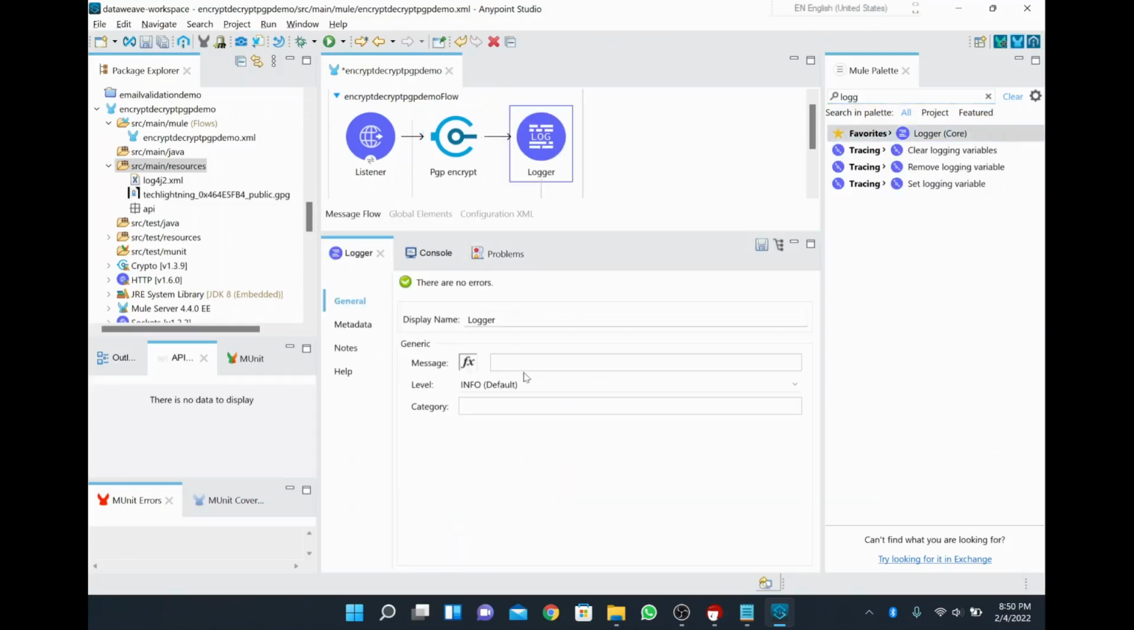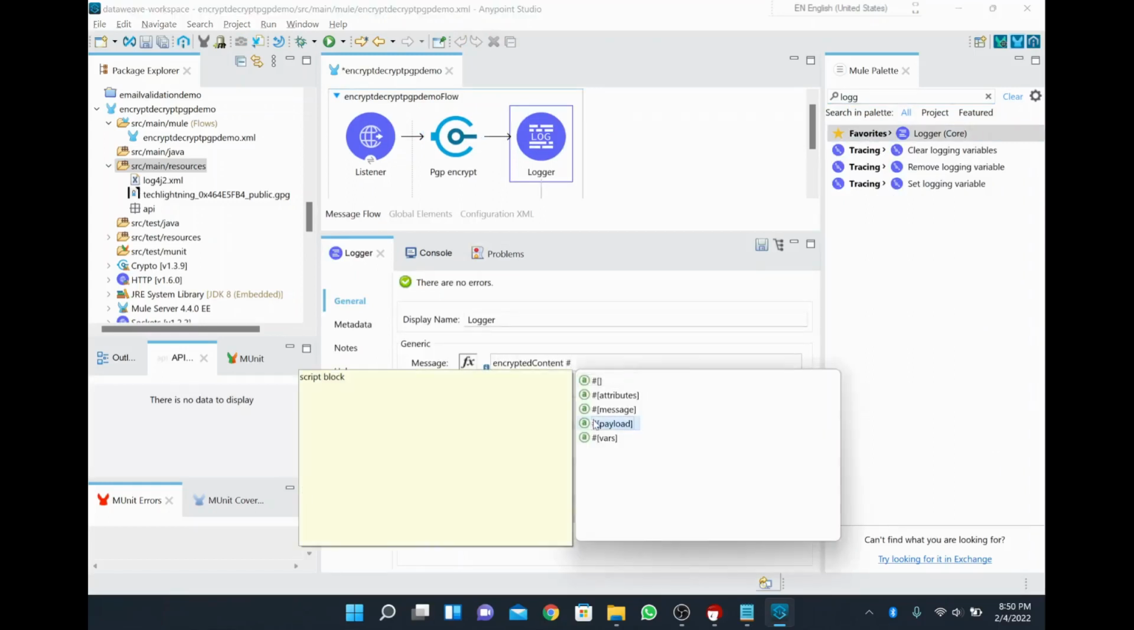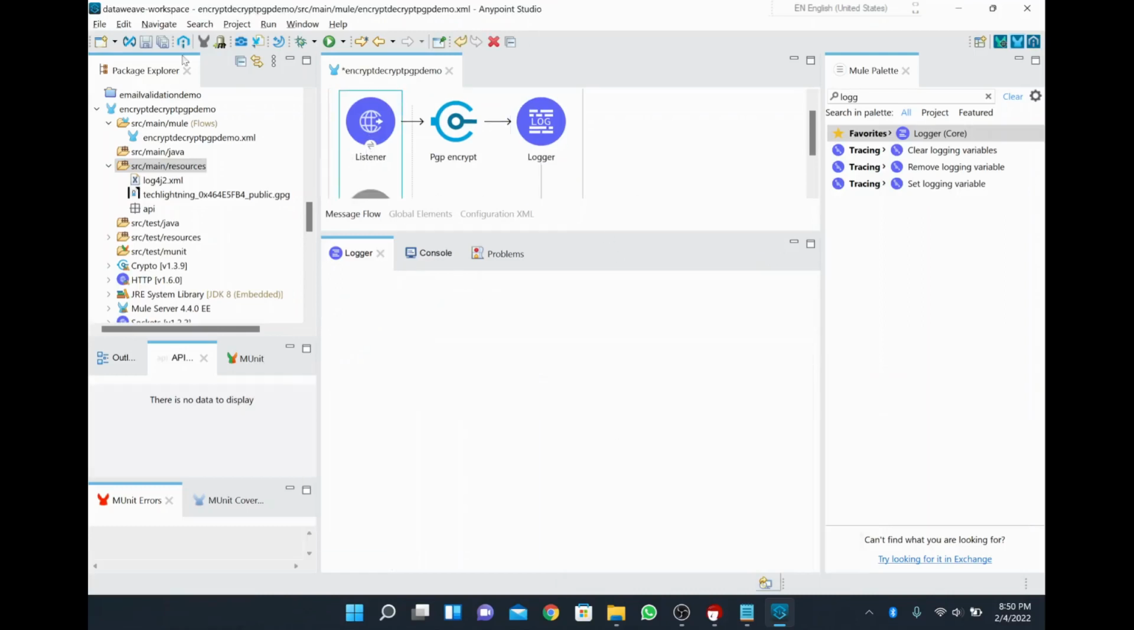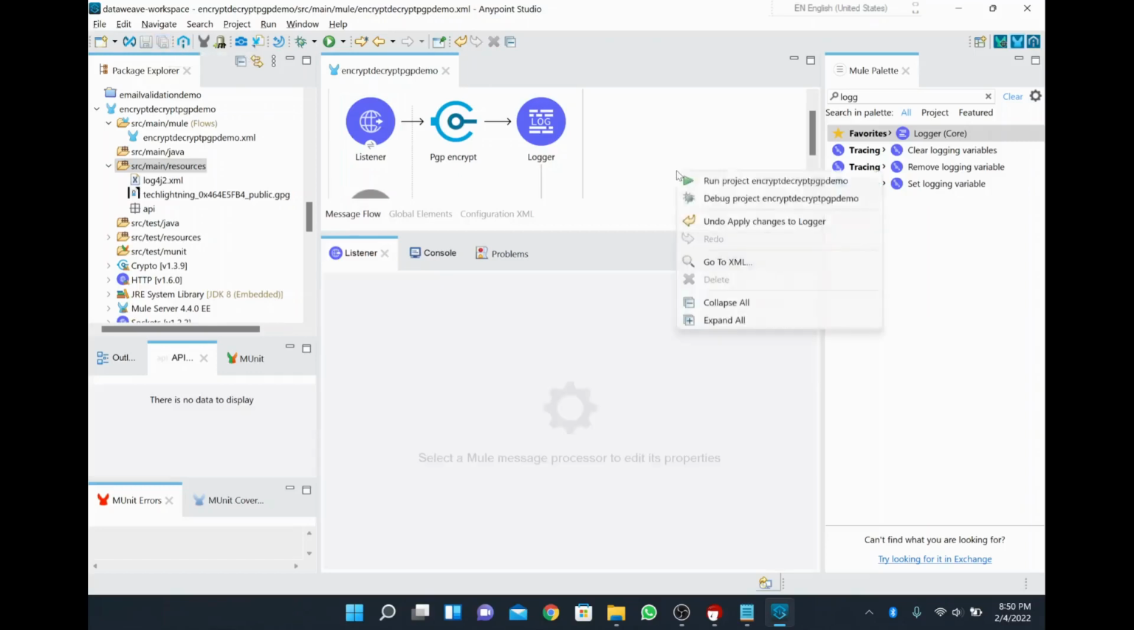Okay, so here what I'm going to do, I'll say encrypted content hash, and then I'm going to print the payload. Okay, so now this will get printed, and I'll save this one. I'm just saving this project. I'm going to start this project,